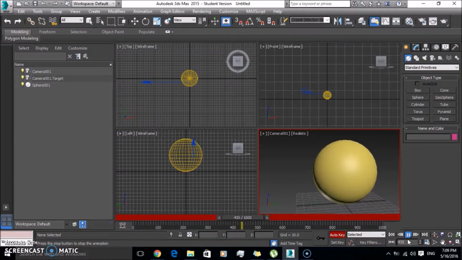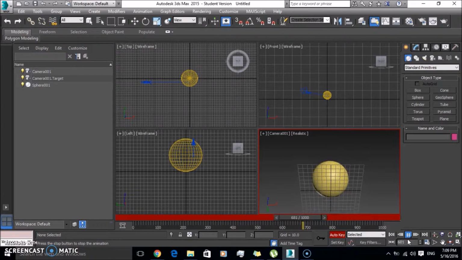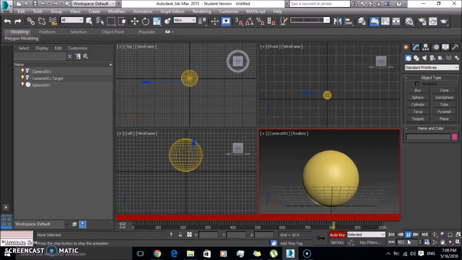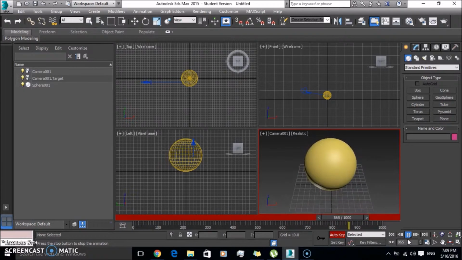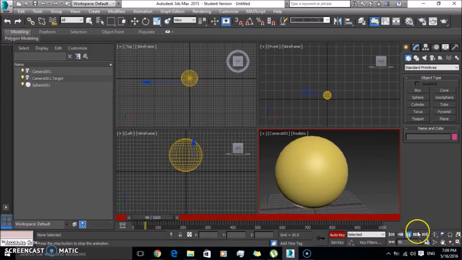So this is the way of showing the animation. I have already done the animation of it. And now I'll show you how to render it. I'll show you the setup of the rendering, and when I start the rendering, I will fast play it